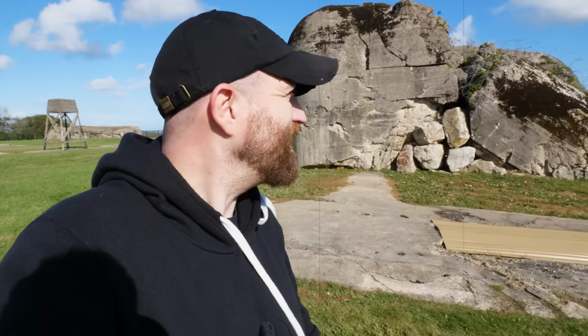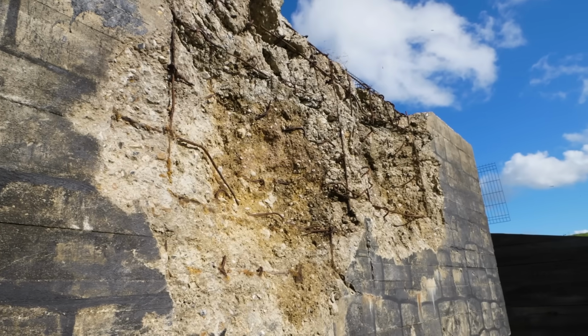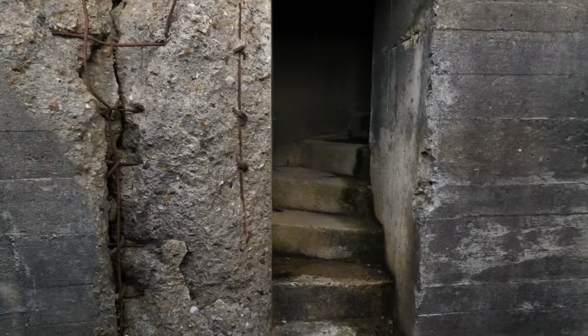So right now, we are in the Utah Beach sector of Normandy. And in one of the episodes of History Traveler, we had the opportunity to explore this place right here. This is Crisbecq Battery, which is a place that I didn't even know about until Eric Dorr told me about it. Well, today, in addition to the History Traveler episode where we kind of explained everything that went on here